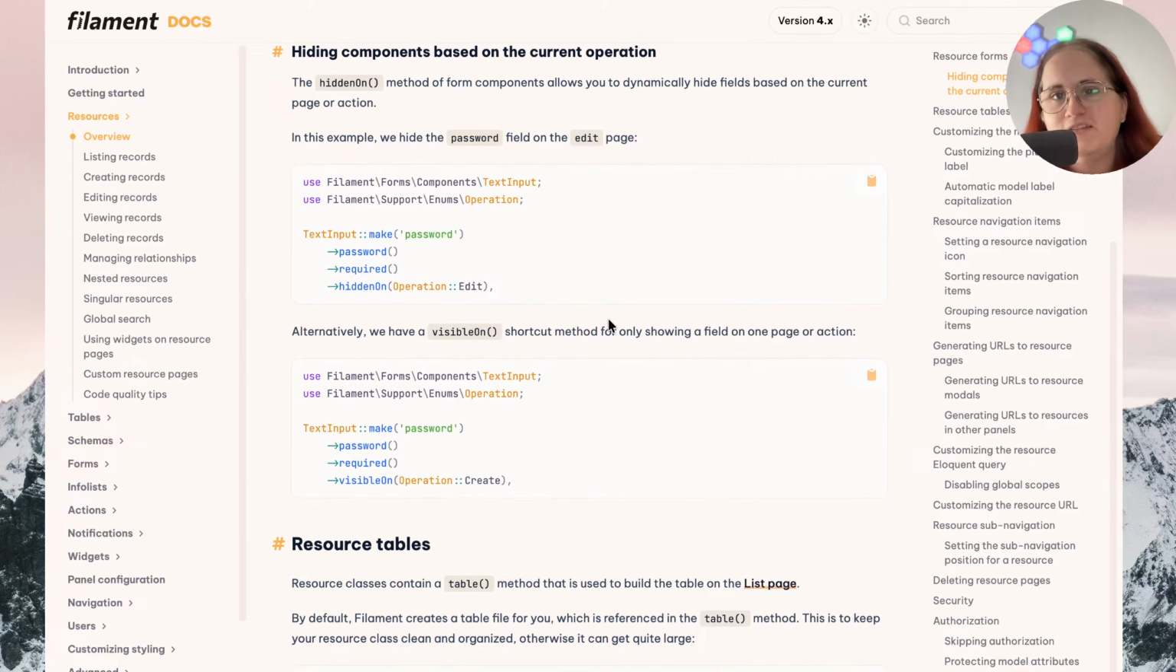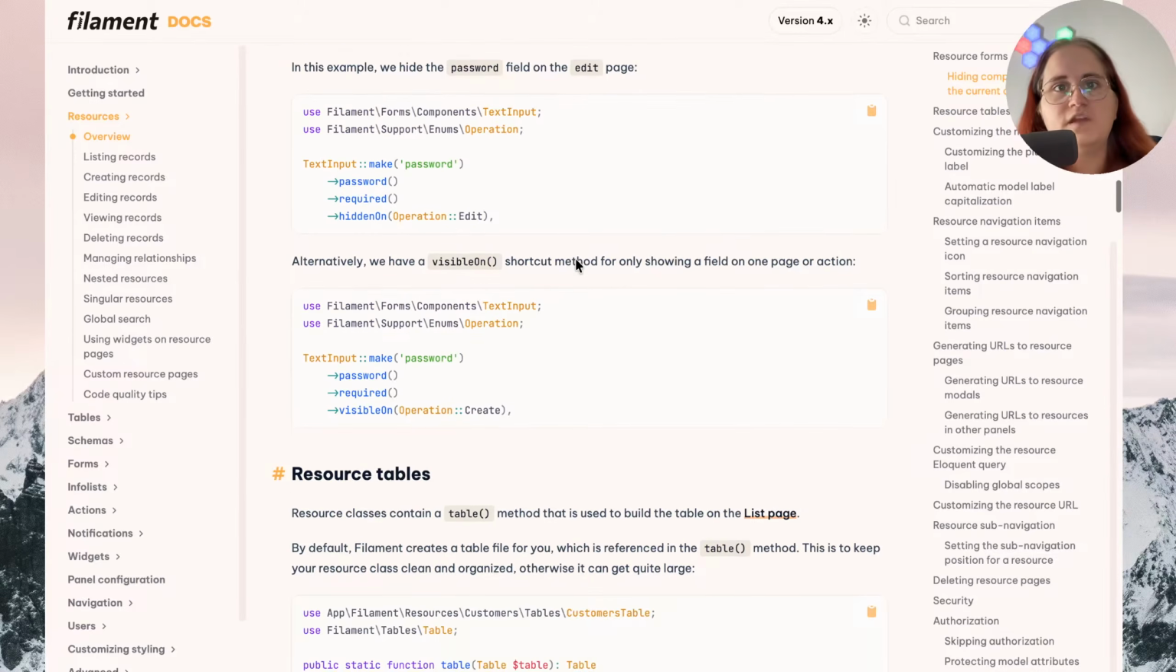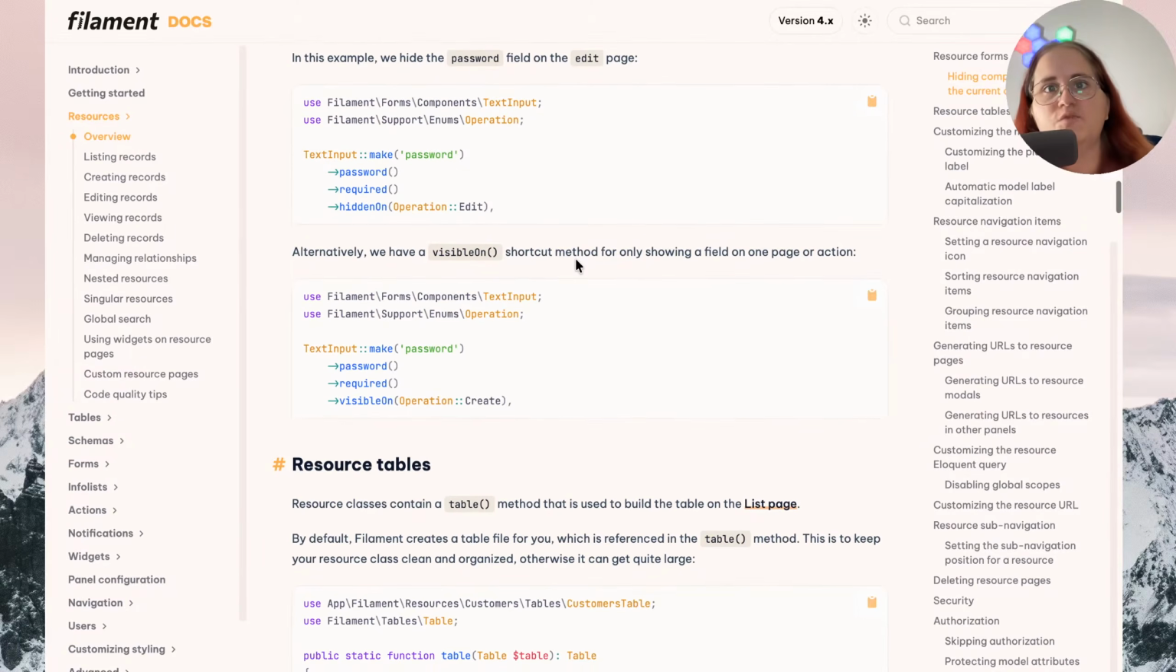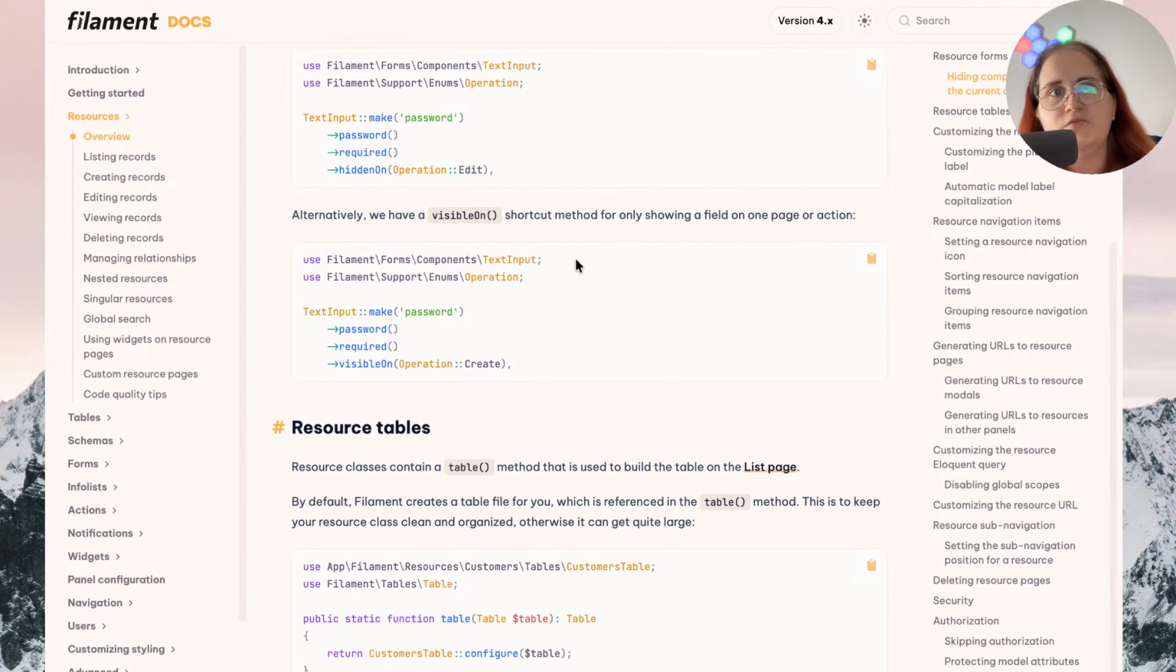Hiding components based on the current operation. The hiddenOn method on form components allows you to dynamically hide fields based on the current page or action. In this example, we hide the password field on the edit page. TextInput::make('password')->required()->hiddenOn(Operation::Edit)